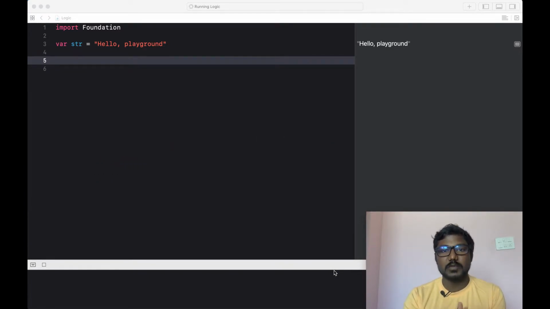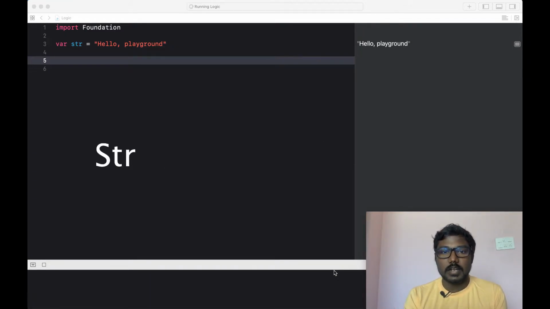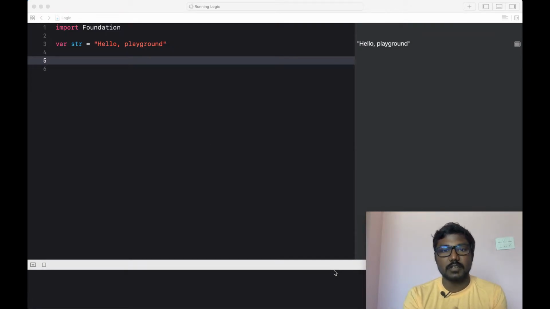Here we are going to discuss UserDefaults. UserDefaults is one of the most important components to store values in iOS. This is a default database to store values as key-value pairs, and we can store any data type here and retrieve it using the key. We can store int, float, double, bool, or any string, array, dictionary, whatever we need, inside of UserDefaults, and we can retrieve it whenever we need.